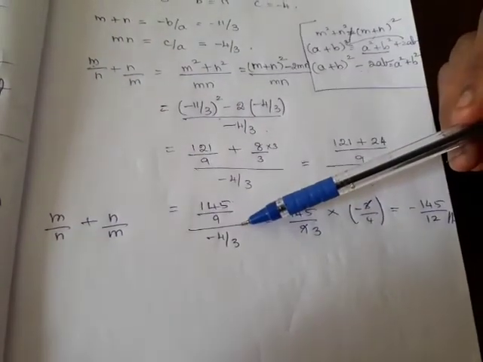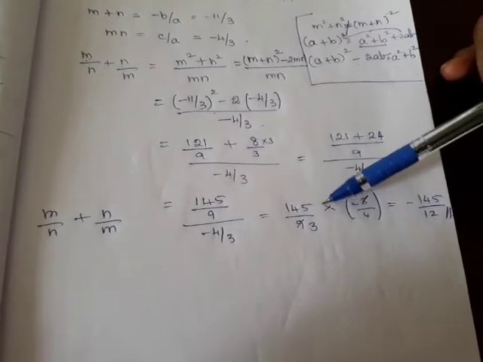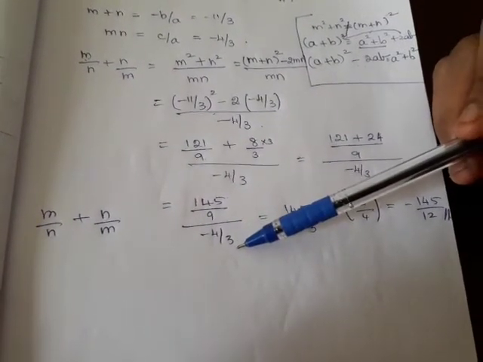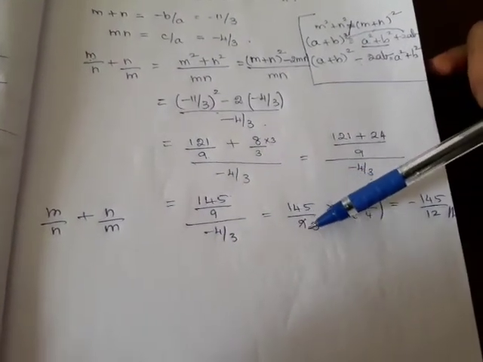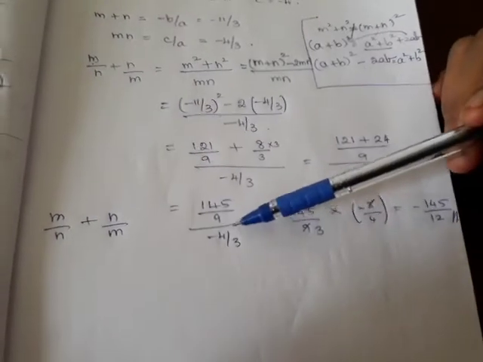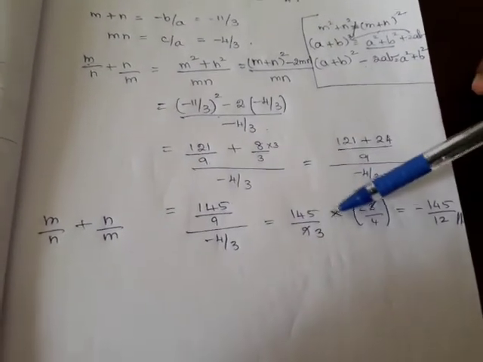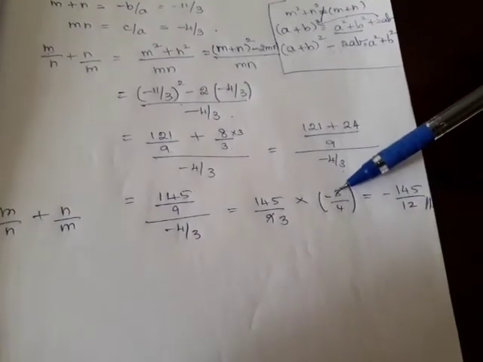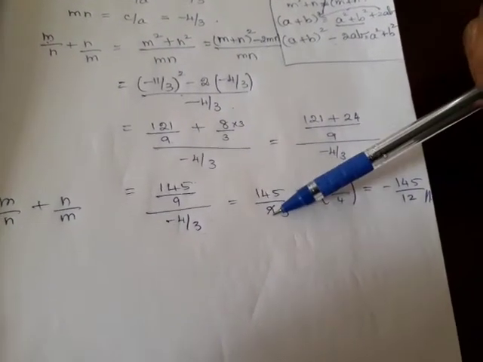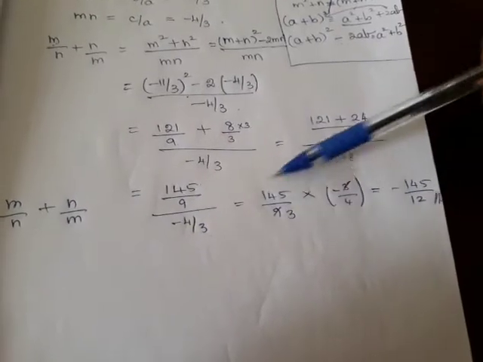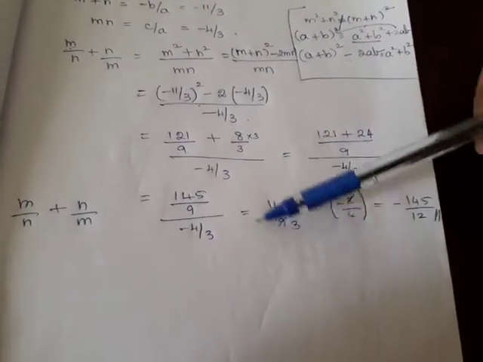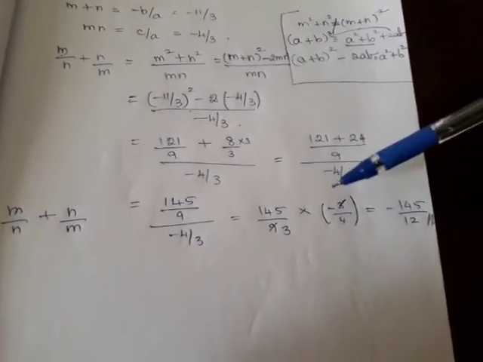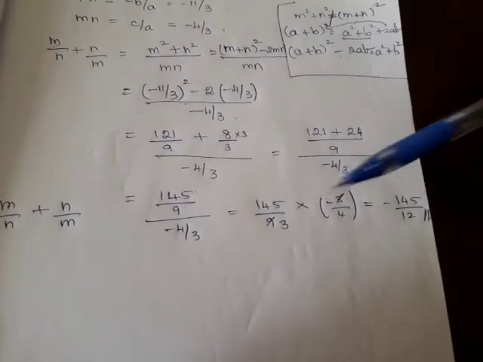When you have division, what will we do? We will put multiplication sign and we will reciprocate this, right? So 145 by 9, yes or no? Hope you know. So we will put multiplication sign and minus 4 by 3 will become minus 3 by 4. Now cancel it. 3 3s are 9, and the remaining numbers we cannot cancel. We cannot make it into shorter form further. So just write the answer as it is.